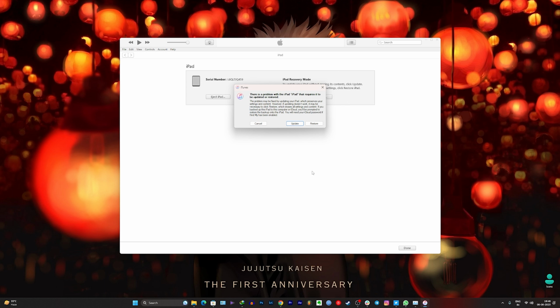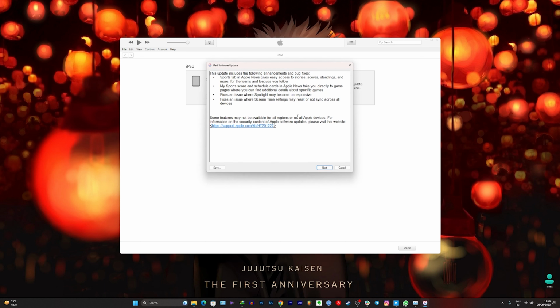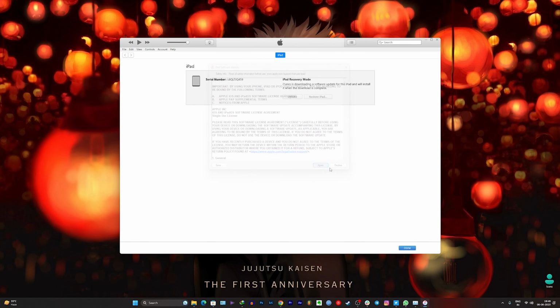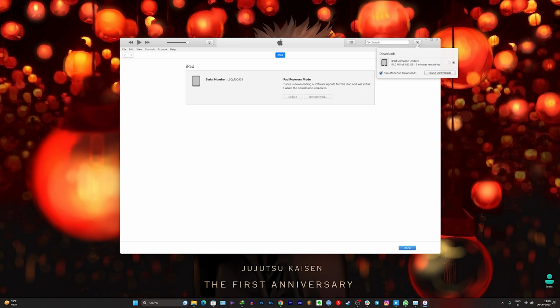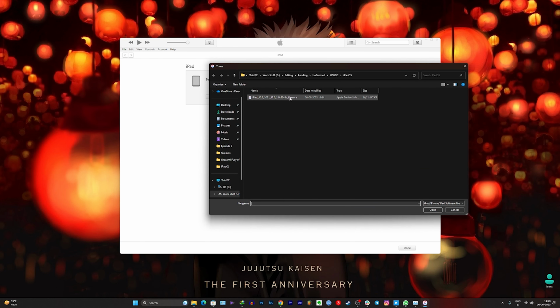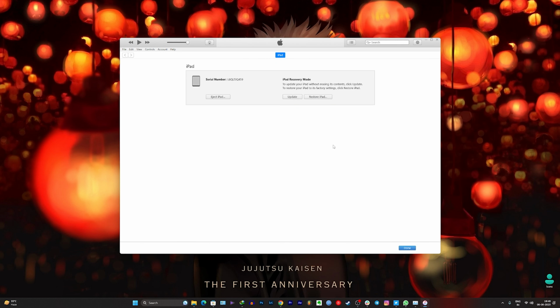Now the next thing you need to do is press Shift on your keyboard if you are a Windows user, and press Option on your keyboard if you are a Mac user. So press and hold those keys, and after that press the update button. This will open up your file browser or file explorer, and you can navigate to the location where your IPSW file is kept, click on the IPSW file, and then click on